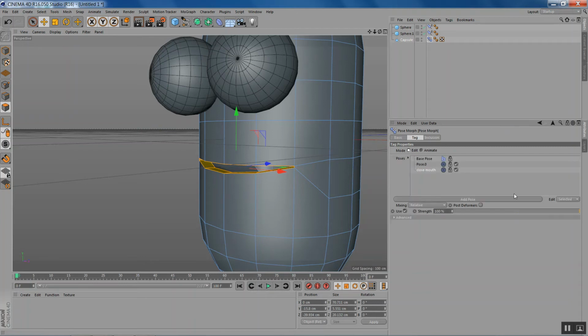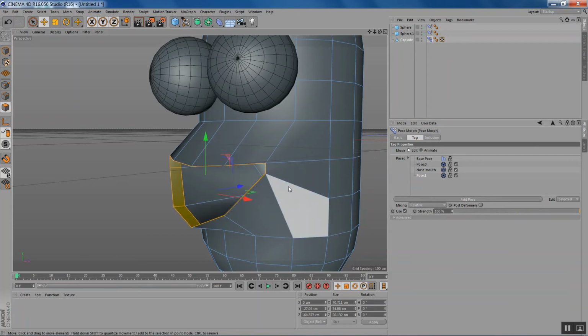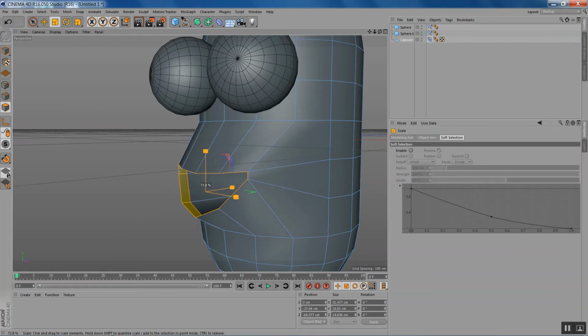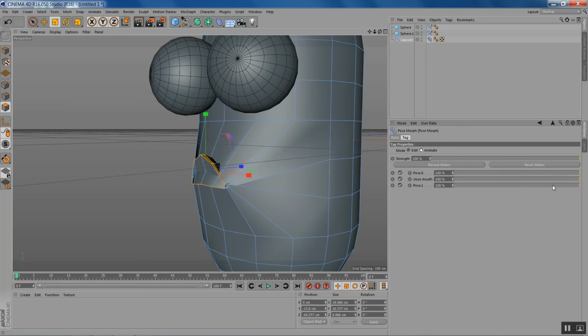So I'll go back to edit and I'll add a pose, and it will copy the base pose, and let's just flip it out and scale it all the way so that he makes an ooh sound. And back at the pose morph, go to animate, and now you can tell that it actually mixes two of the morphs together. So if I push this one down, this one doesn't count anymore, and you just have pose morph